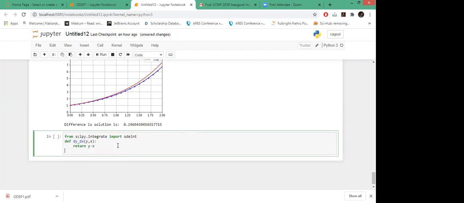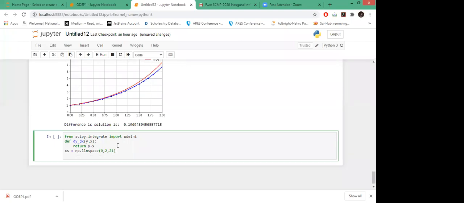Now I will pass the space on which to solve. I'm again defining it from 0 to 2 with 21 points, and the initial point which I'm defining is y0 equals 1.